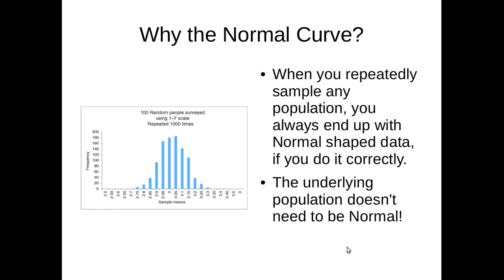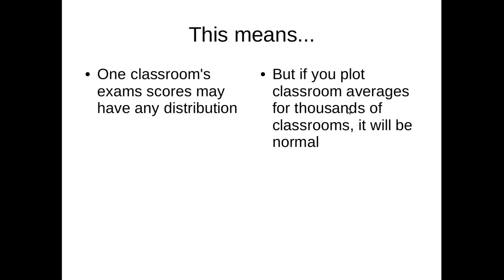So back to this concept, when you repeatedly sample a population, you always end up with normally shaped data. Let's talk about what that means. Okay, if you have several different classrooms and they all give the same exam, the exam scores for one classroom might have any distribution you like, any old distribution. But let's say you have thousands of classrooms. Let's say you think about all the different classrooms in the United States, all the high schools that are giving the AP Calculus exam or the AP Statistics exam or whatever, and you take each classroom and you take the